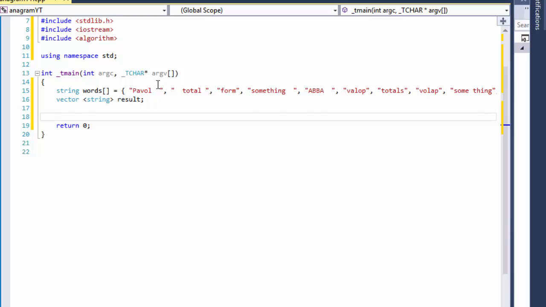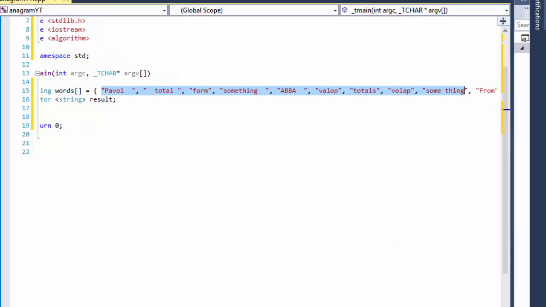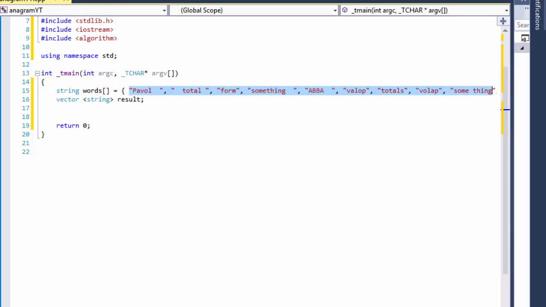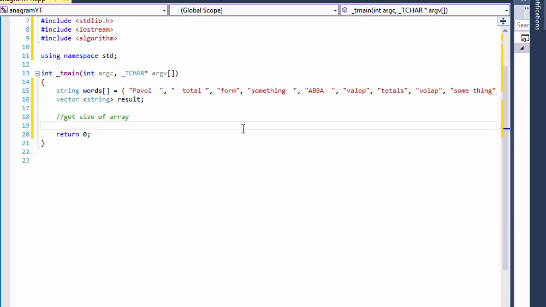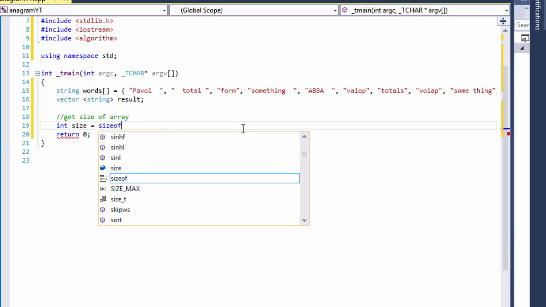So the first thing we need to know is the size of the array. I have 11 words in the array, but I don't want to hard code it. If I decide to add a word or remove some word, I don't want to have to hard code the size of it. So we're going to get the size of the array, and I'll call it size. We'll use sizeof and the name of